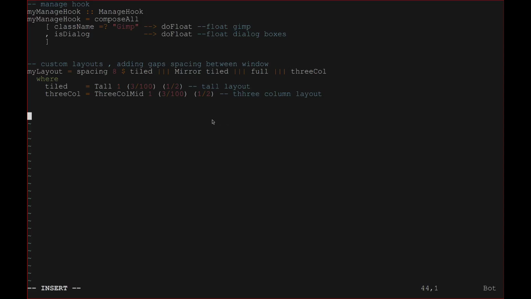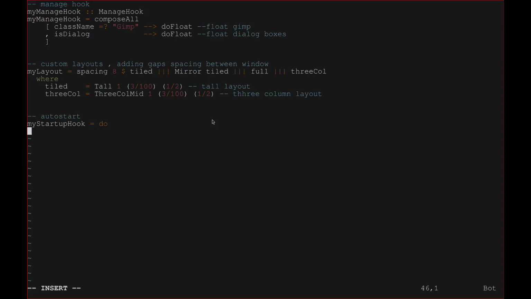So last thing we need to do is we need to set up some autostart functions. We want to be able to autostart some programs and make sure that we get like our picom and our wallpaper, and we have all that stuff set up. So what we need to do is we need to say let's do autostart, and then down here you're going to say what, myStartupHook, right? So we're going to say myStartupHook